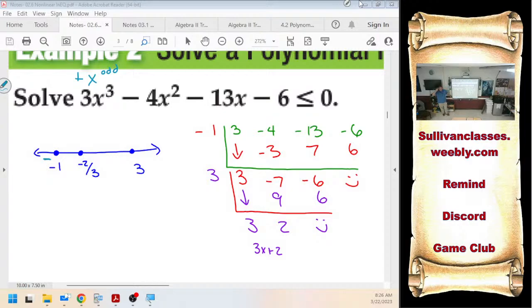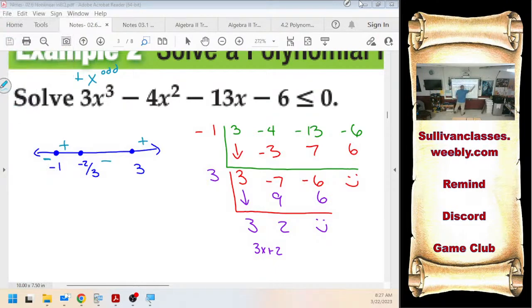Good thing I know about behavior of zeros too. Does it go through at -1 or does it bounce off of it? Like a line, it'll go through it. So then it'll be positive. Does it go through -2/3 or bounce off of it? Like a line, it'll go through it. And I know at the end of the behavior, it will go up to positive infinity. So I don't actually have to graph this. I don't have to plug any numbers in. I just got to find my zeros, and then I know the behavior. Behavior tells me positive or negative. And then I answer the question,